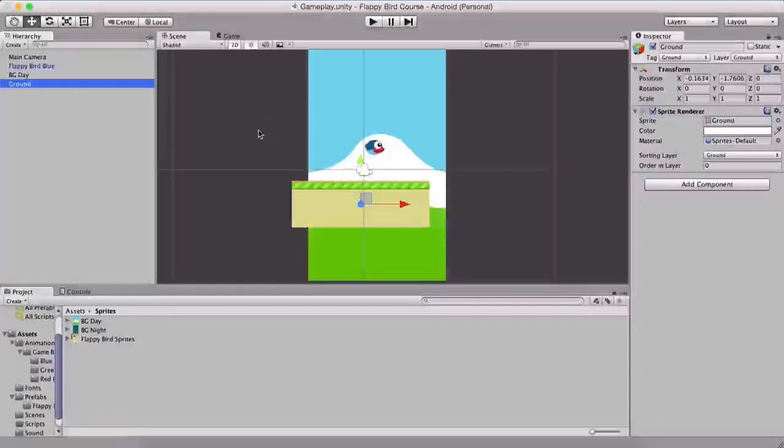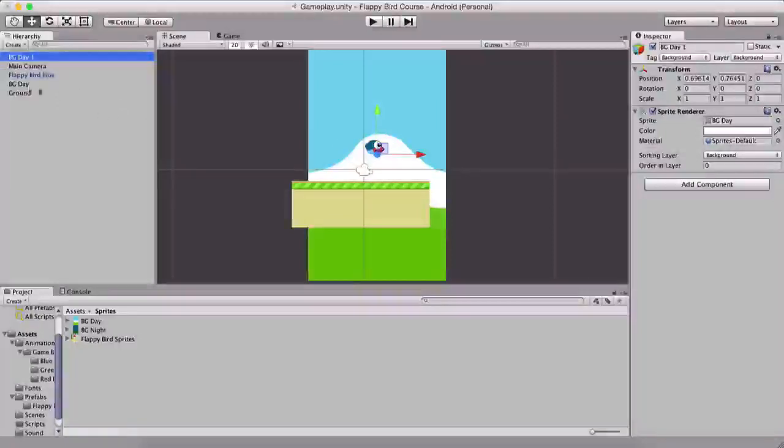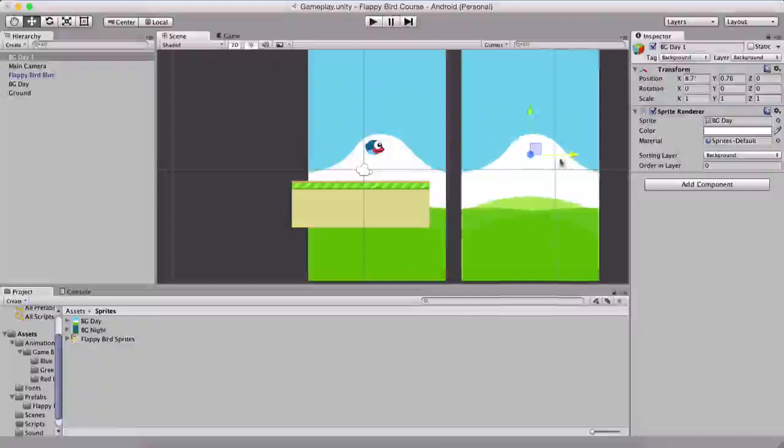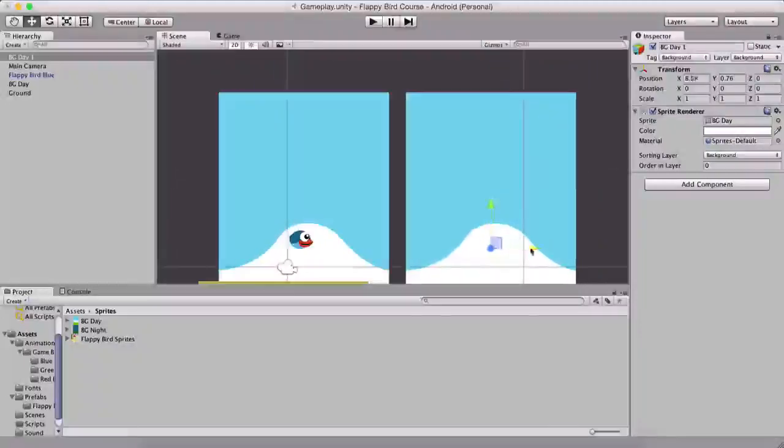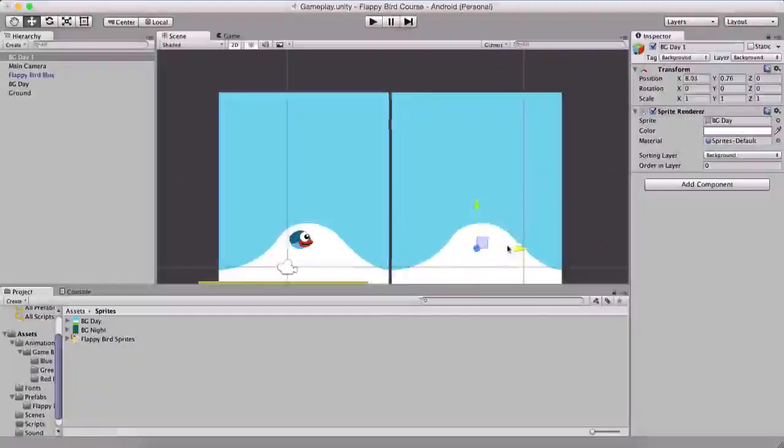And how can we do that? Well, simply by copying and pasting and using the snippet tool to snap our backgrounds. So now I'll just copy and paste this background, and now we have two backgrounds. And now what I will do is position them as close as possible to each other, and I